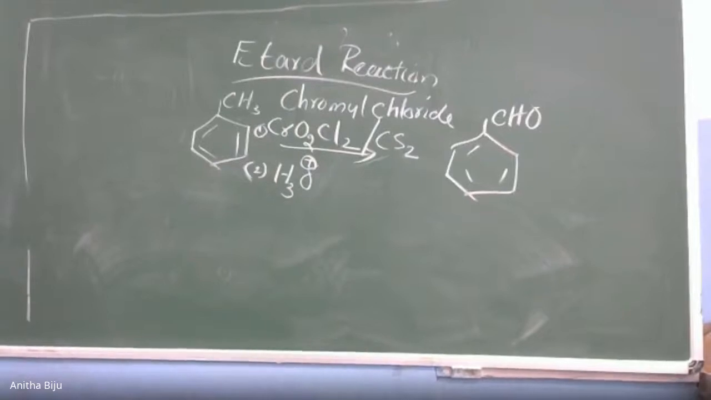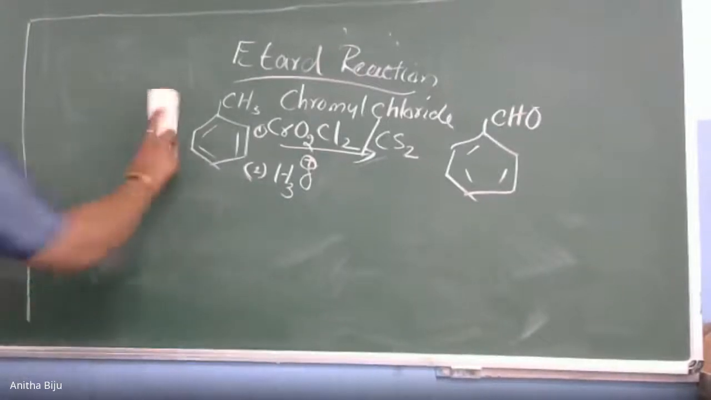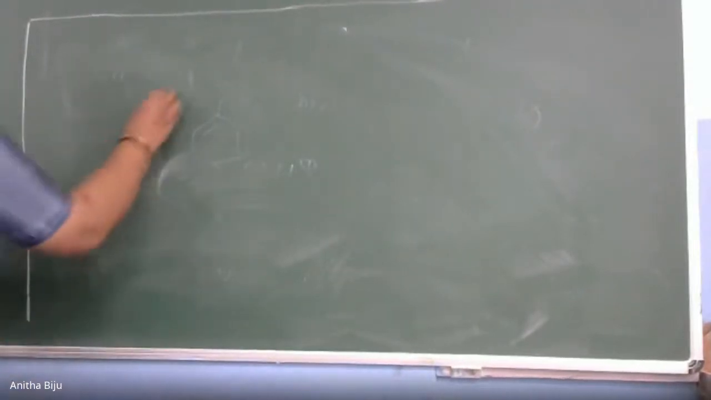commercial preparation of benzaldehyde. So next we will discuss a method which is used for the commercial preparation of benzaldehyde. So you can write the heading: commercial method of preparation of benzaldehyde. First I will write the reaction equation, then I will explain. Okay. Here also the reactant is the same. Reactant means toluene,